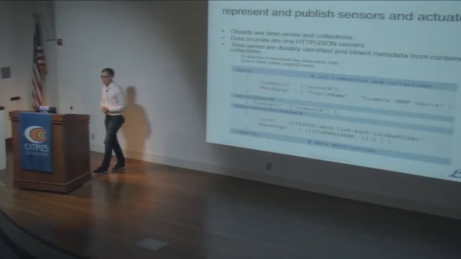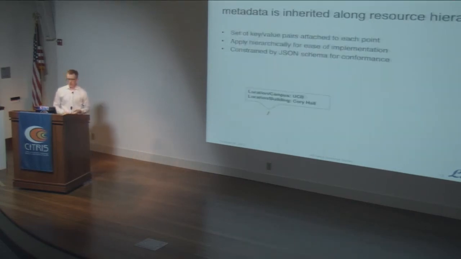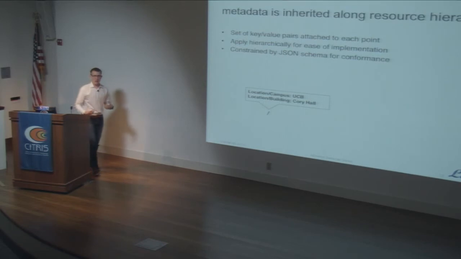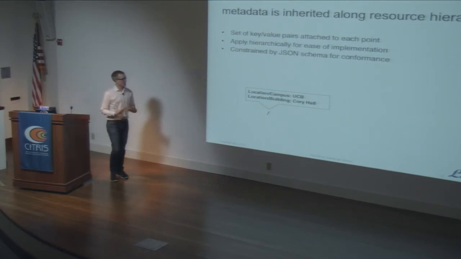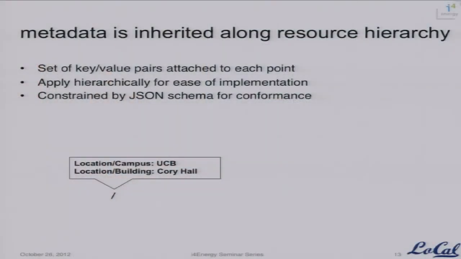So for instance, here we've tagged it with the source name is my example sMAP source. And for the purposes of actually implementing this and sucking up all the data, it's important that you be able to do this very easily. And so within the resource tree that's exported by these JSON servers, the metadata applies hierarchically. So at the root of the sMAP server, you might say that all the data under here is in Cory